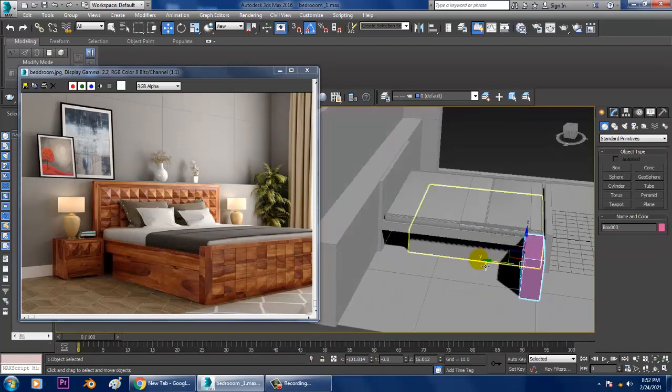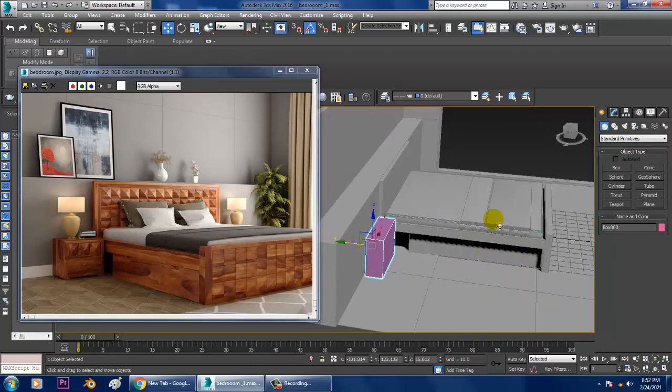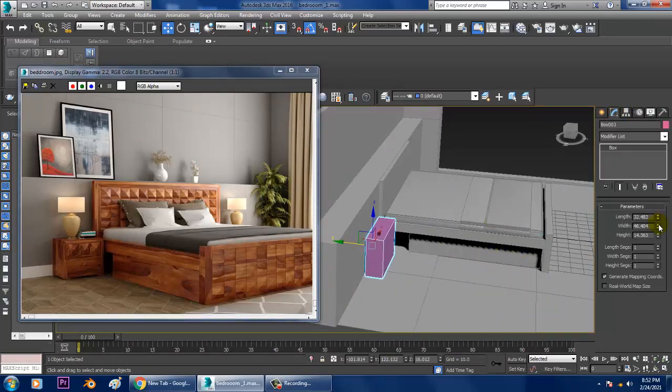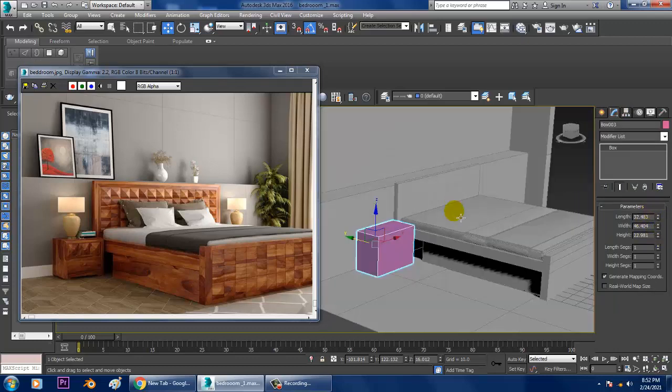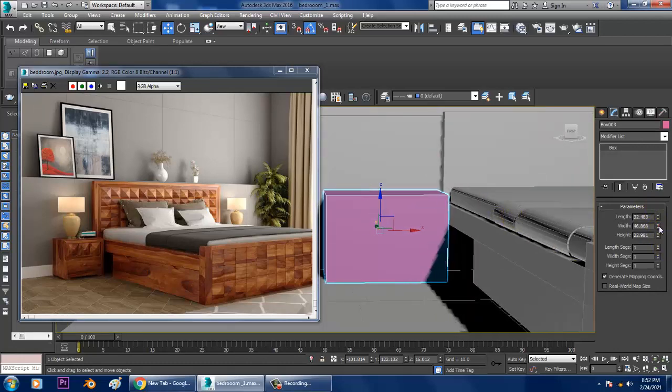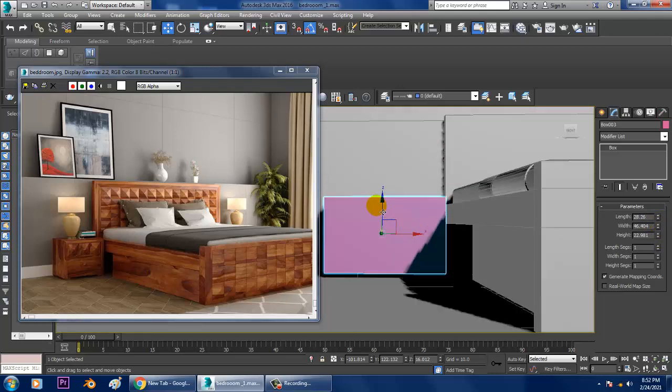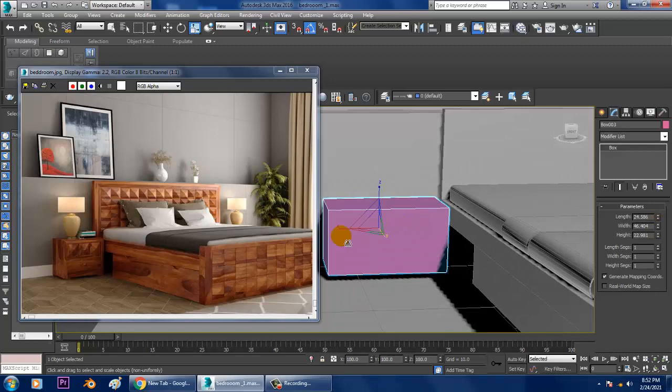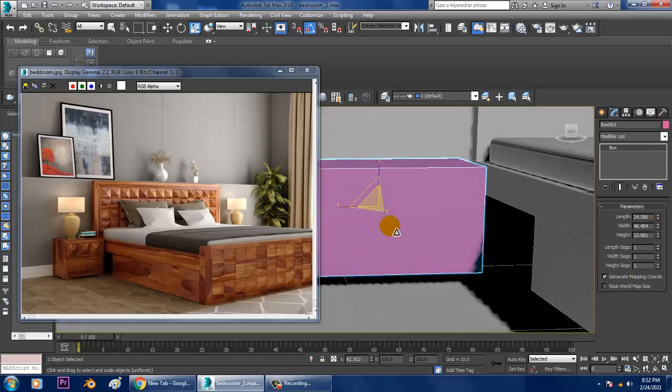So just drag this till here and increase its height. Although we have created from a side view, that's the reason it's showing you as a height over here, not a problem. We can just reduce this, you can scale it, no problem.